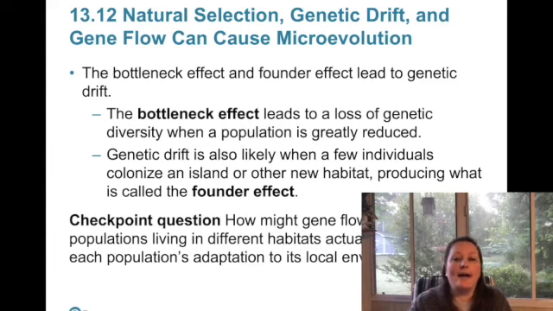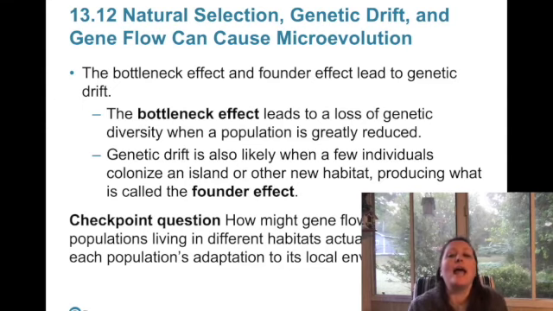Then we also have founder effect. Founder, like, whoo, I found it. So this is like when a few individuals colonize an area and then they have a whole bunch of babies. Obviously, if only a few individuals showed up there and then they repopulate, that's going to cause its own little